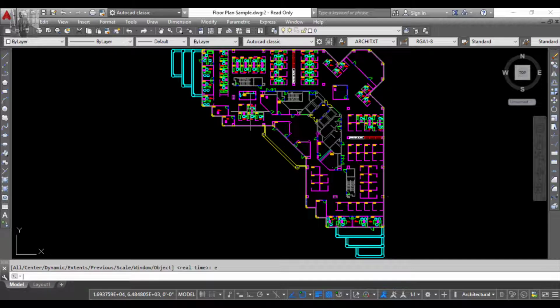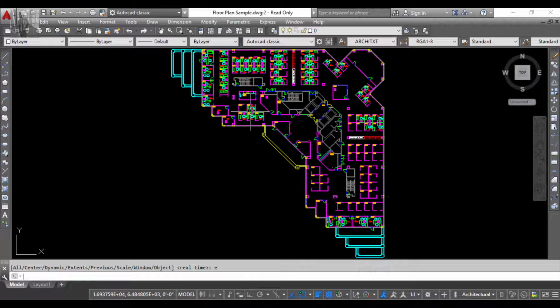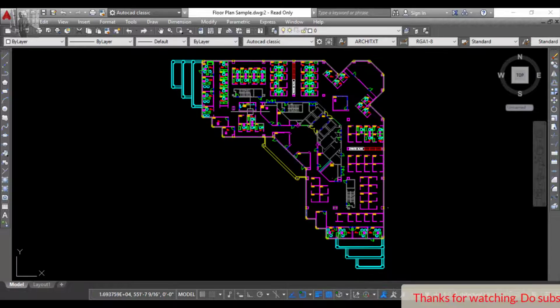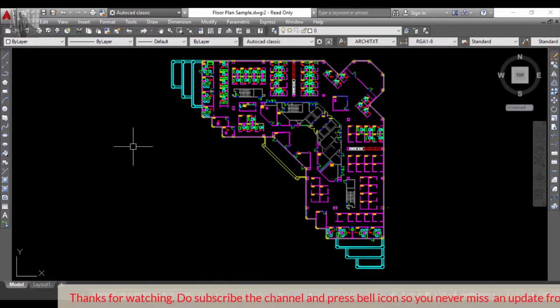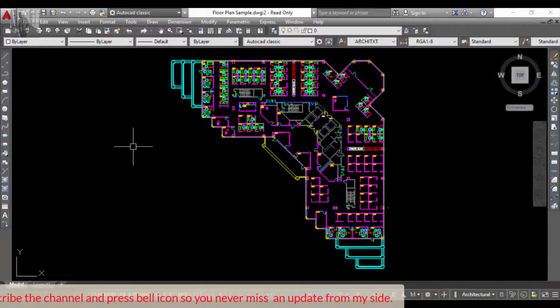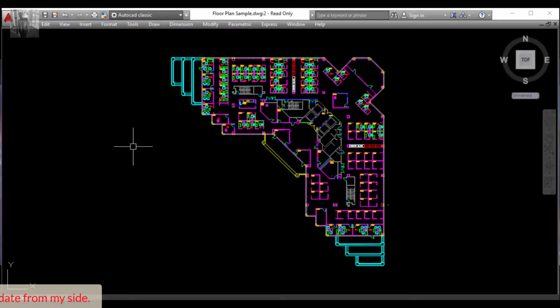Lastly, we will see the use of Ctrl+9 and Ctrl+0. Do remember, I told you Ctrl+9 is for the command line. Now as I press Ctrl+9 on my keyboard and press yes, you can see that the command line where I was inputting the commands has vanished. Also, if I press Ctrl+0, you can see that the entire graphics area has now been set on the drawing.